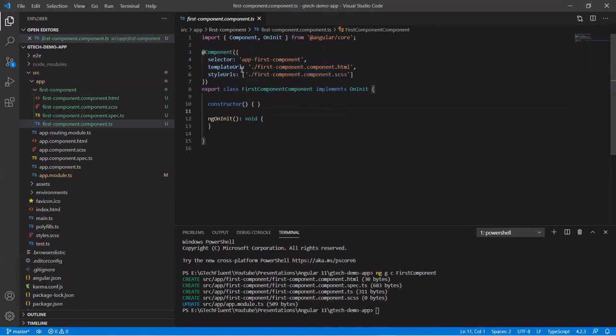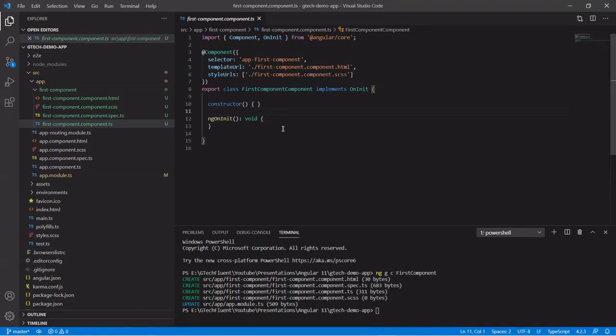So these are some basic building blocks of the component decorator. There are others, like providers. The providers are the services that our component is going to use. Whatever service you are going to use for the particular component, we need to define in the providers. Then we have the directives.